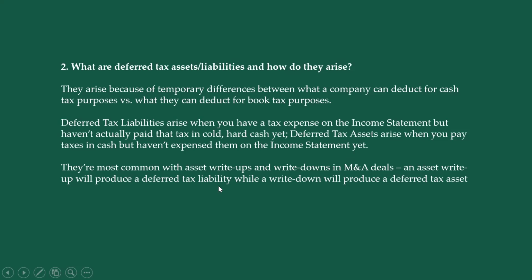So this is the basic fundamental here, which you need to understand. I know it's difficult to understand without any Excel or without any numbers, but just understand the theoretical concept first. We will do everything, and I will make sure that all of you, all these concepts are crystal clear to you. So just understand how an asset write-up works, and how asset write down will work, and it will produce a deferred tax asset.